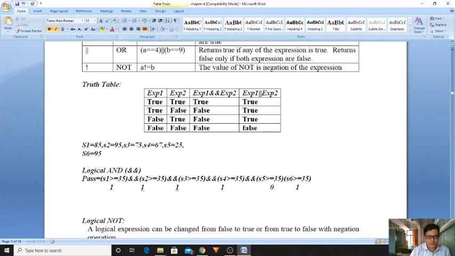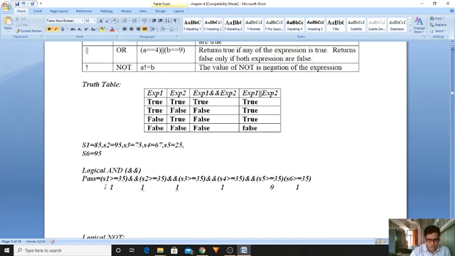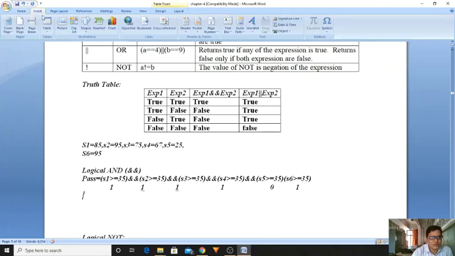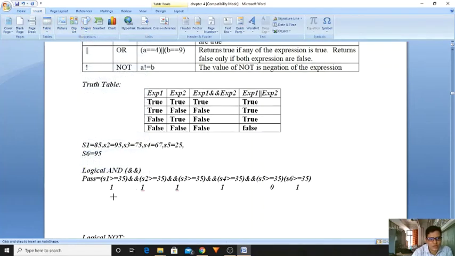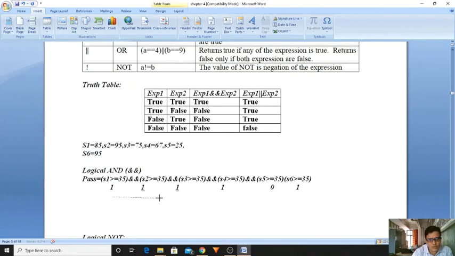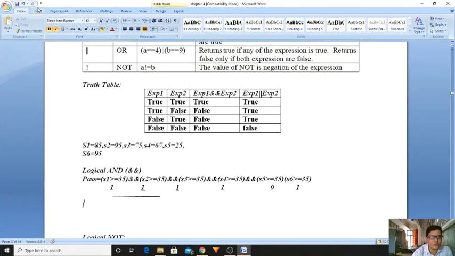Now test the logical truth table. So I am taking these two conditions, true and true. What is the final result of this? True. Clear? So based on these two expressions, I am getting the value true.